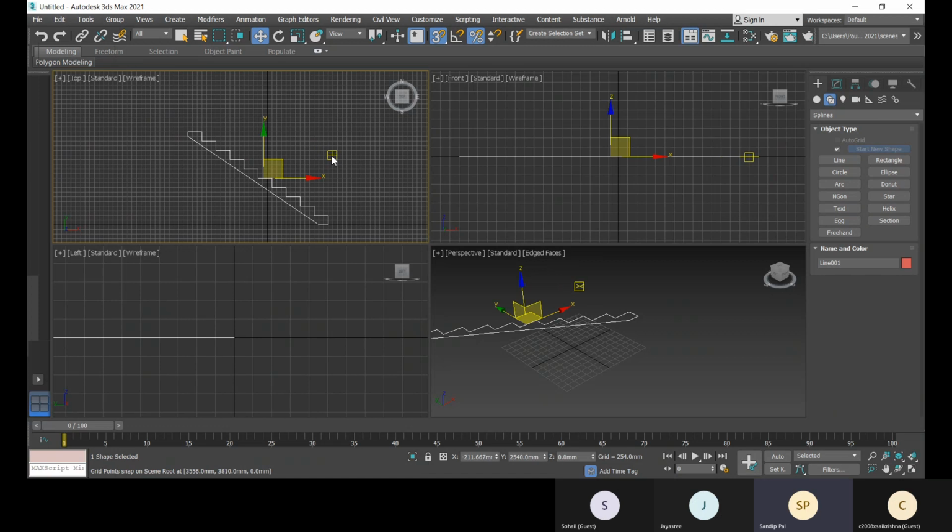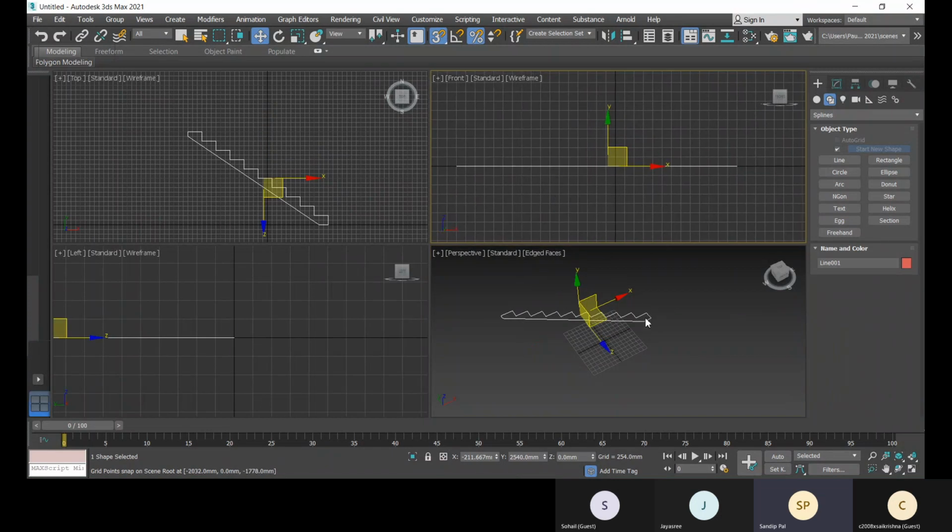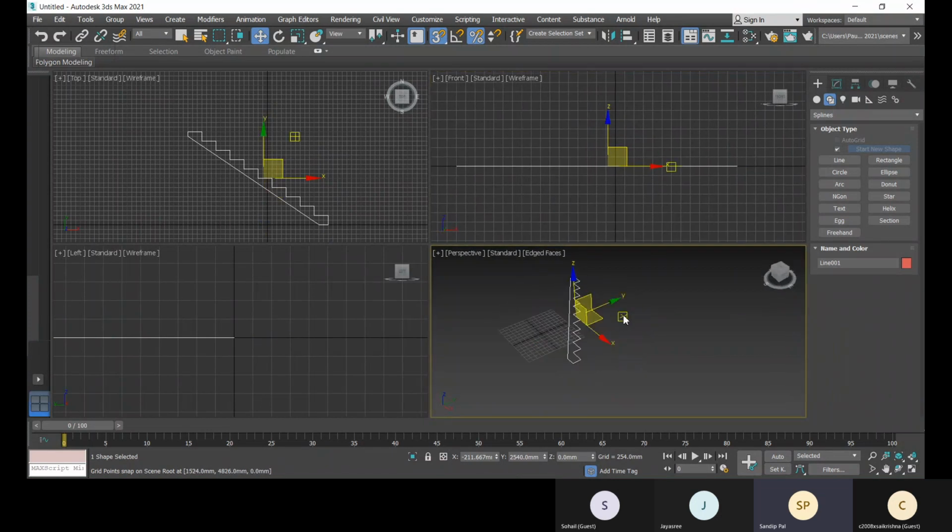Okay, and now what to do? Here you can check it. Right? I have done this in the top view, so I should be doing it in the front view. No worry, I can rotate it after that.